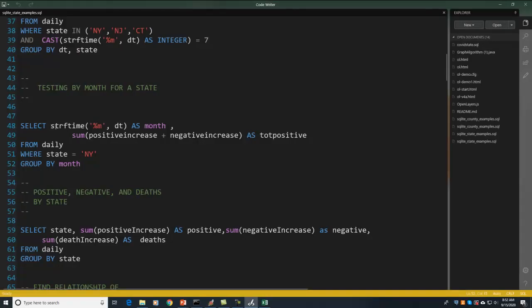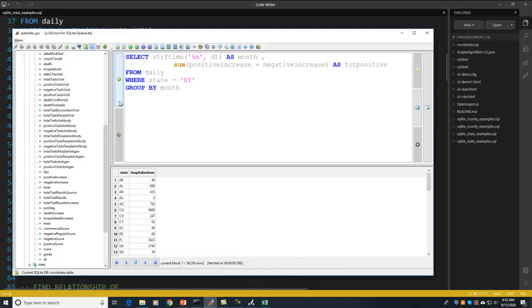Let's look at another one here. Let's just build on what we did. Now I want to look at all the tests in a given month. Now there's a lot of different fields in the database, so you can access different ones, but I just decided to do a little bit of math. So I want to sum up the increase in the positives and the increase in the negatives. And I'm calling that total positive. It's really not total positive. It's really total tests. So I made a little error in what I typed there, but this is just returning the result of this summation